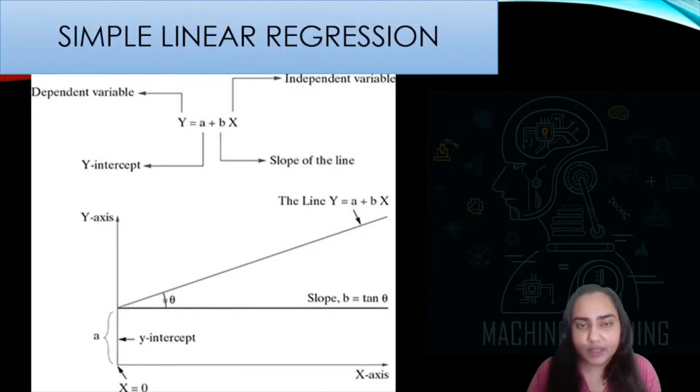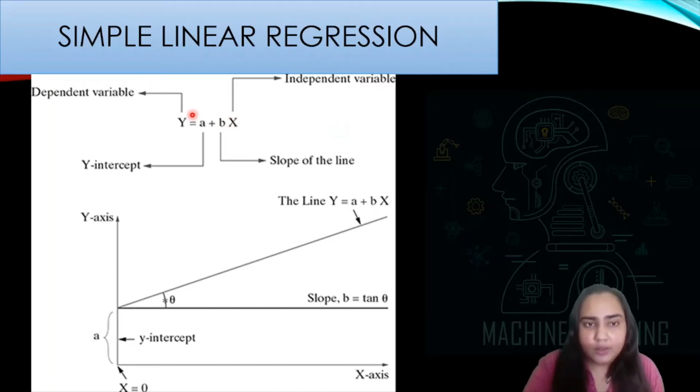So what exactly is the simple linear regression? As you can see over here, the simple linear regression contains this equation, which is y is equal to a plus bx. And this equation can be of different form if you see different books. And it doesn't matter what form it is in, it means the same thing. The variable y right here is the dependent variable. This variable x is the independent variable, so that means you will be using x to predict y.